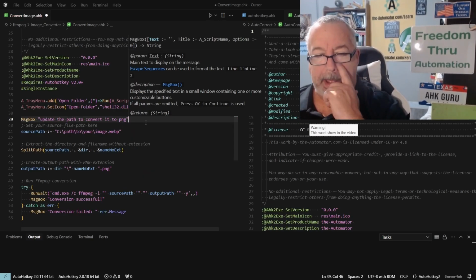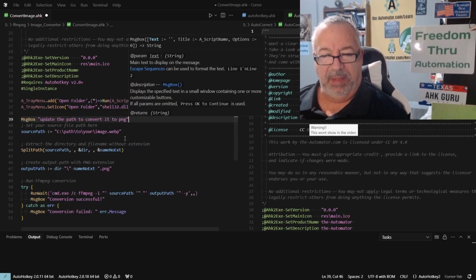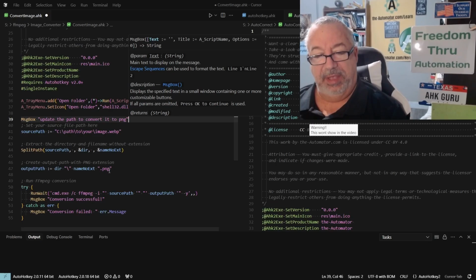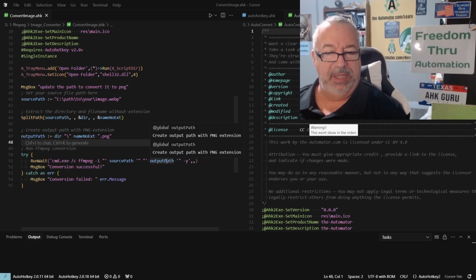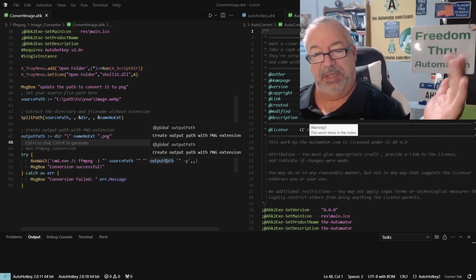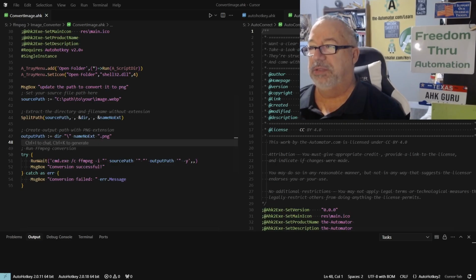Now, maybe I'll get Rizwan or Irfan to help me change this thing to where I select the path and it would automatically convert it to PNG and then save the new path into my clipboard. But, and here's the code. So we use FFmpeg to use this. I think the -i is for image. And it takes the source and then the output path. And somewhere output path must have the PNG, but it just converts it with FFmpeg,